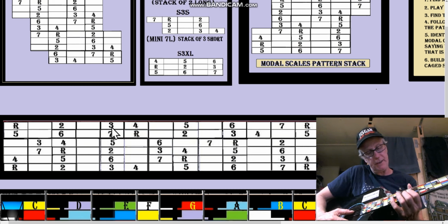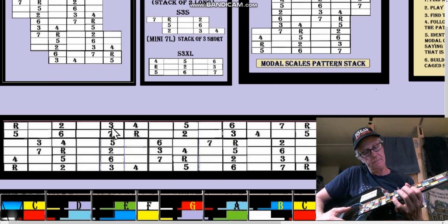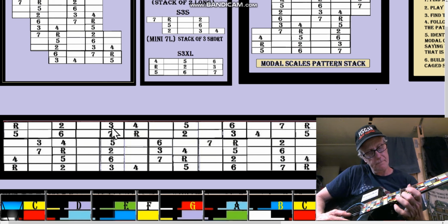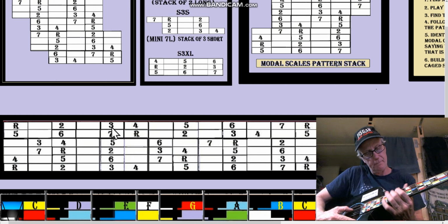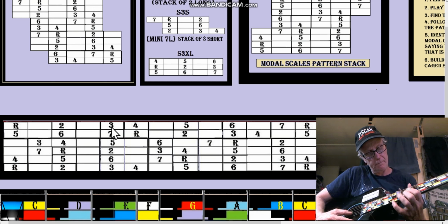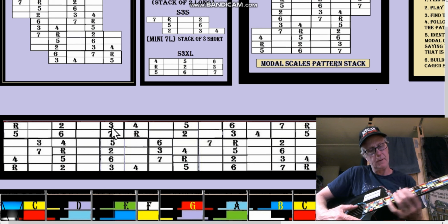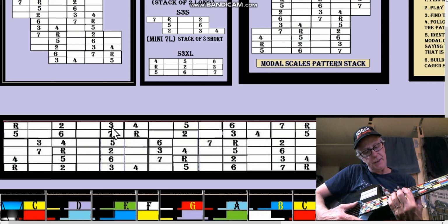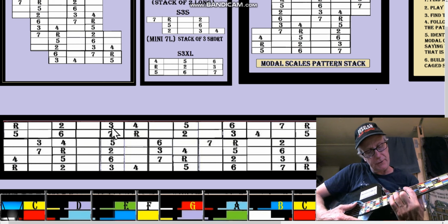So you're starting here. Or you play a C-shaped F. I can't really do that well, but